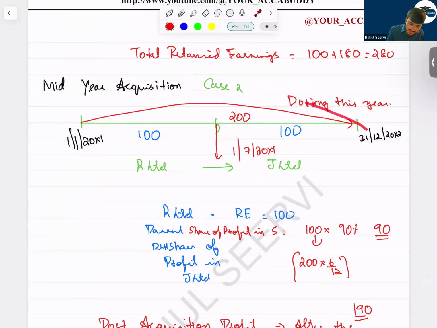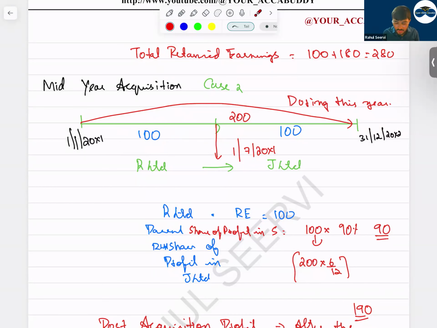Sir, this is a subsidiary. The subsidiary company profit is how much? The subsidiary company profit is 200. Now if the subsidiary profit is 200 and I acquire the company on 1st January, can I say that out of this 200 profit, 80% or 70% will belong to me? But say we acquire the company on 1st July. In that case, can I say this 100 will not belong to me?